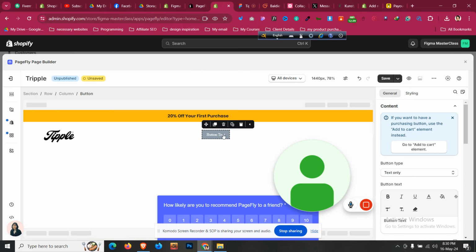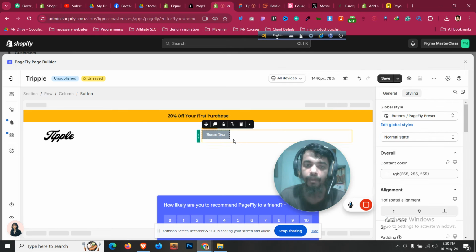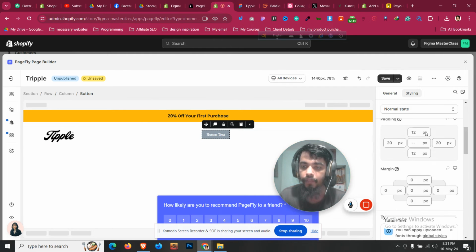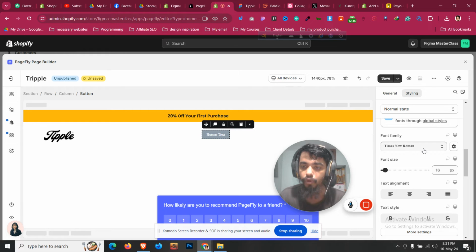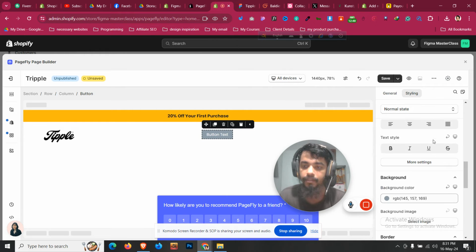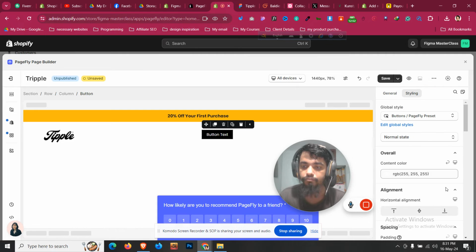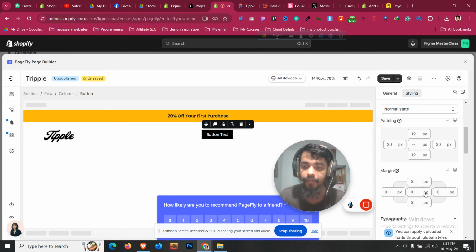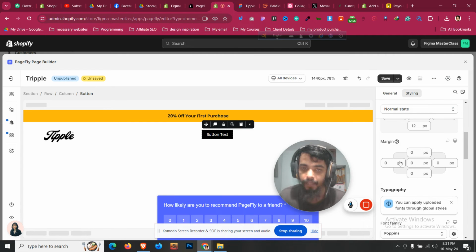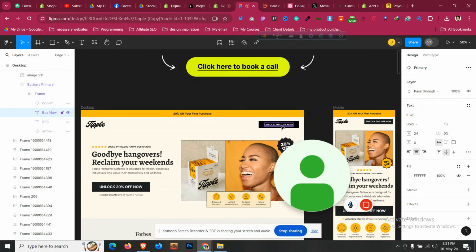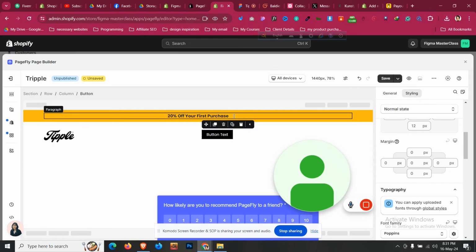Okay, perfect. And this button, go to styling, and then we need to go there, make it Poppins. And for background, let's make it black, and for text color, let's make it white. Okay, perfect. And then we need to copy this text, so I'll copy, and I'll go to the button,